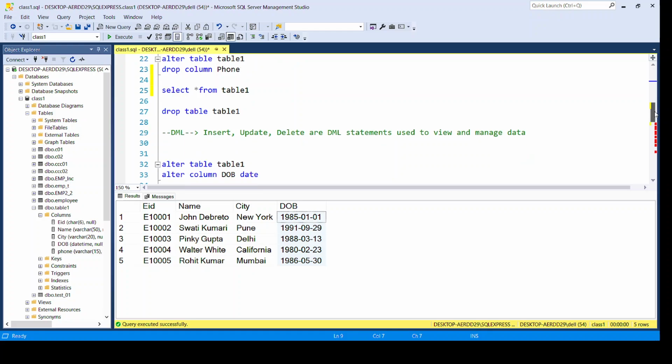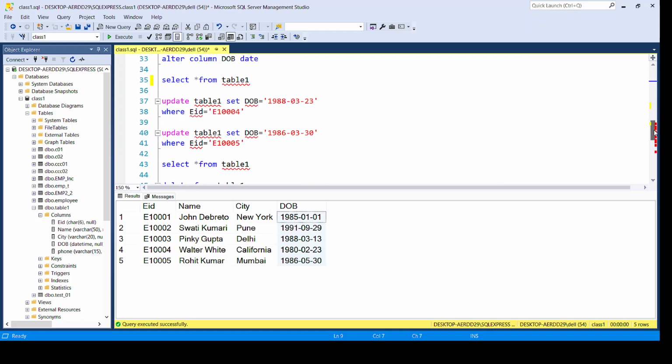Now suppose I want to update some row values of this table. For that I need to use this command update. So for example, say this EID consists of 5 values. Now wherever the EID value is E10004, that's where the cursor will go. That is, SQL will go and select that particular row. And there I want to change the date of birth. Right now it is 1980-02-23, and I want to change it to say